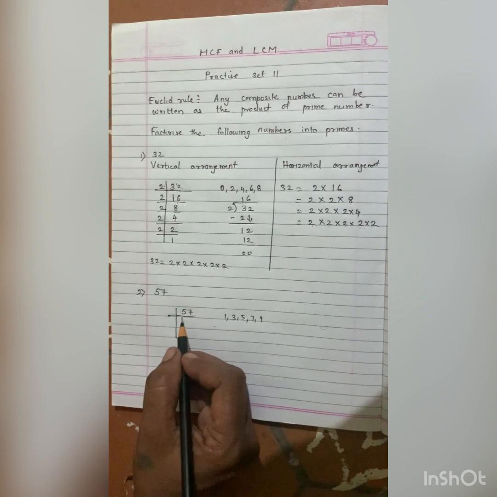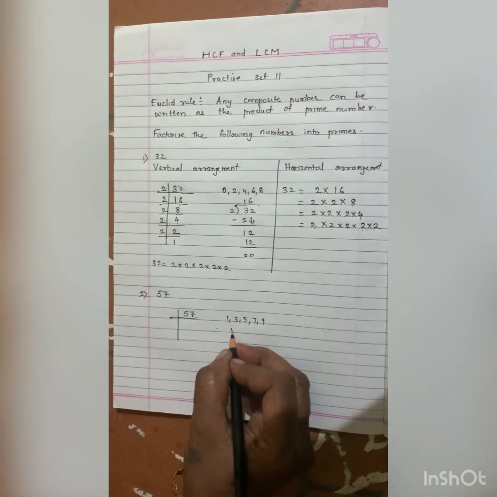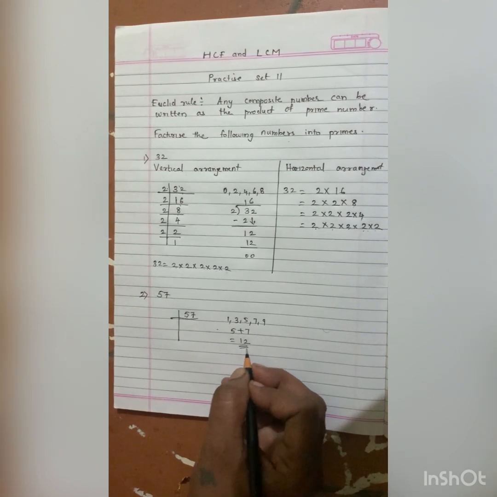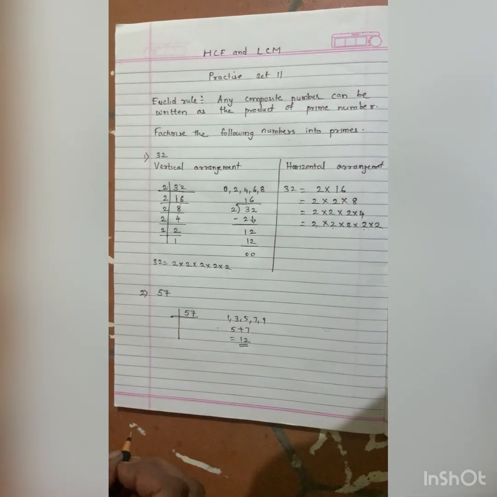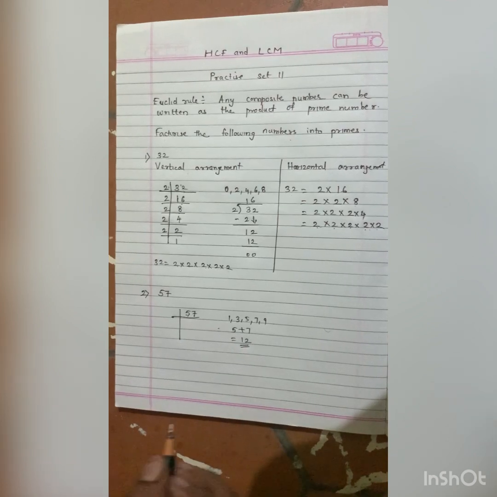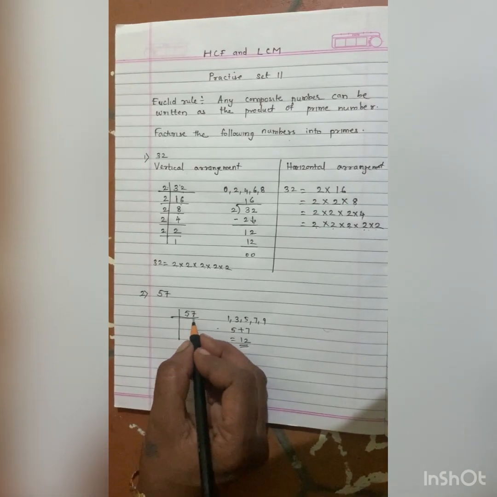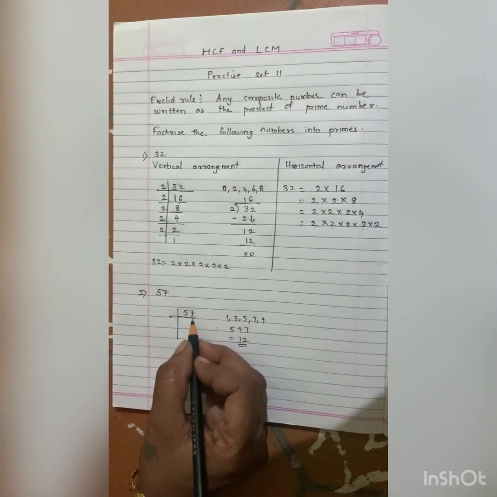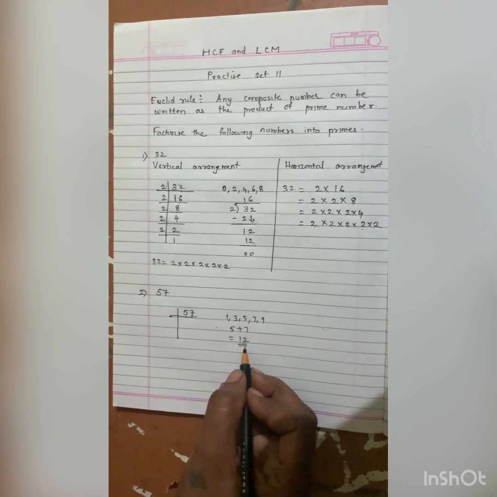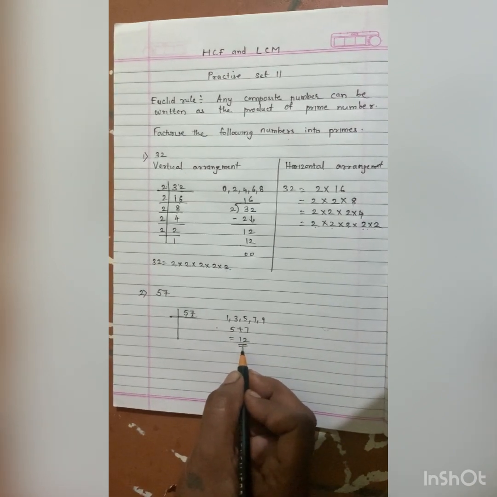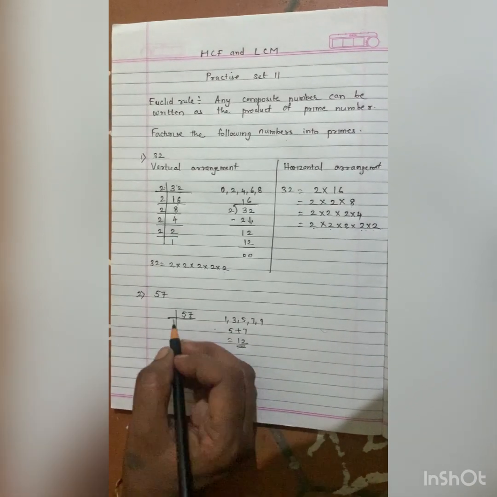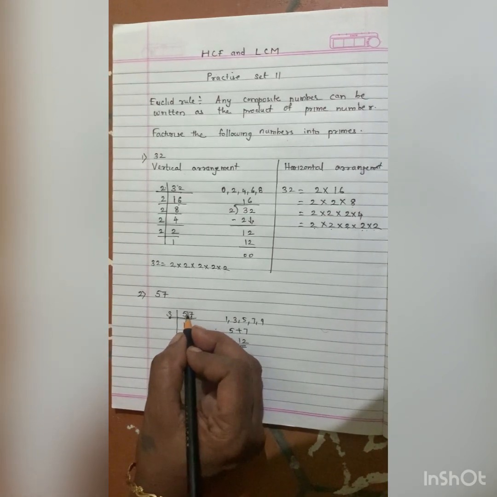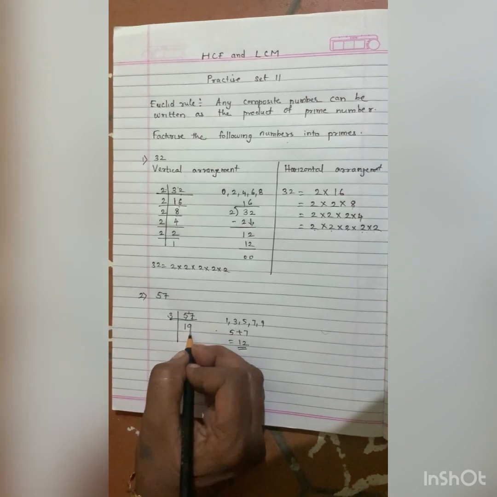So now I will add the digits, 5 plus 7. 5 plus 7 is how much? 12. Now this 12 is divisible by 3 table. By 3, let us see. Now 3 fours are 12. That means this 57 can go in 3 table. Again I tell you, we have to add the digits. When I add the digits, I got 12. The 12 we have to see whether it is divisible by 3. So I will write here 3. Again 3 ones are 3. Remaining 2. So 3 nines are 27.